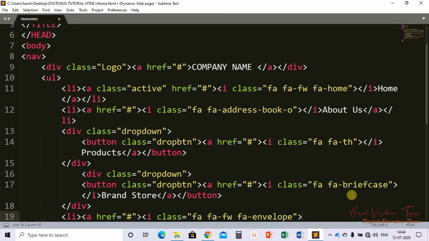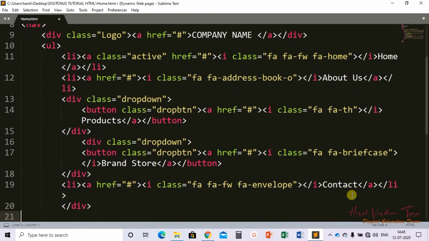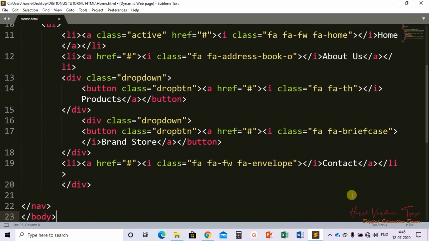Okay, then I close, contact, a close, li close, navigation close, body, ul close. Now we have to see why this div is here.